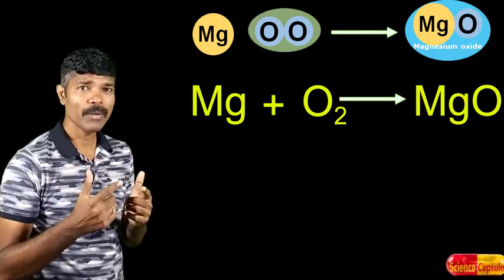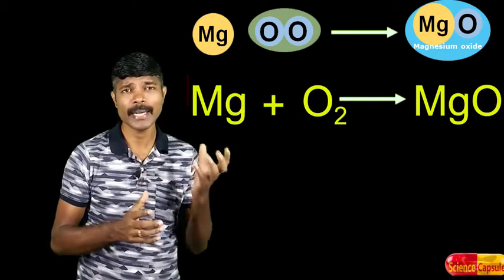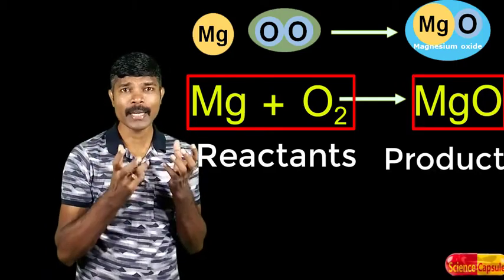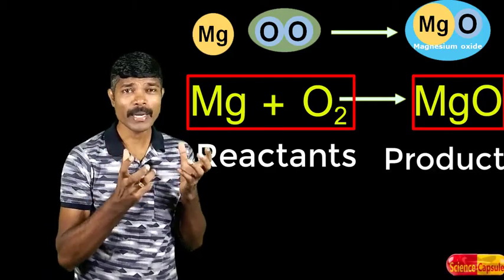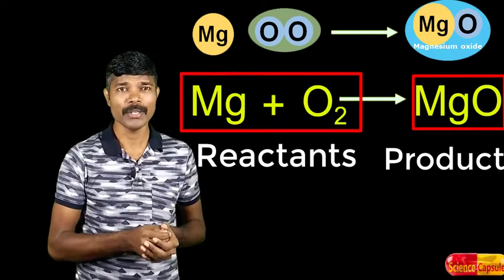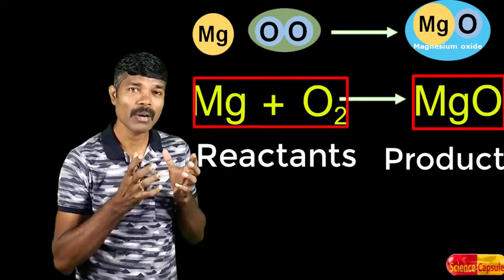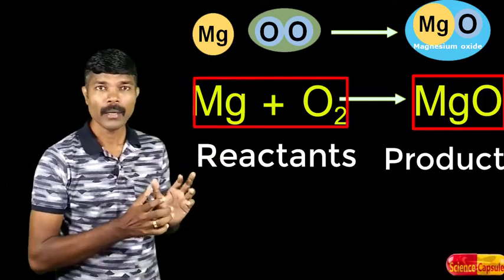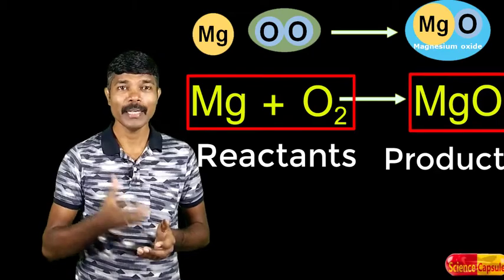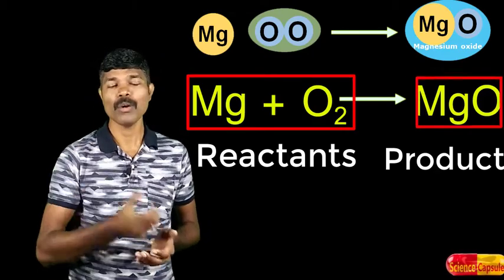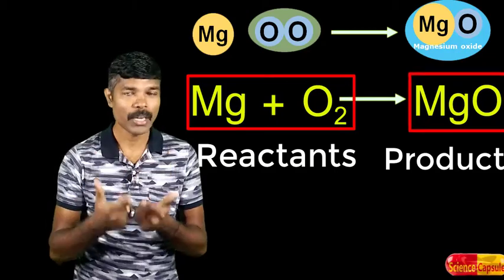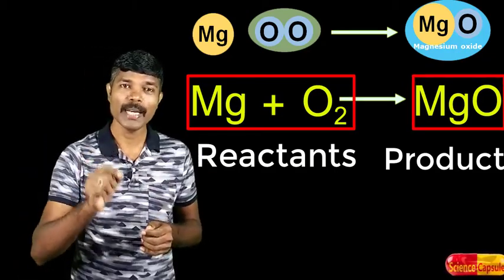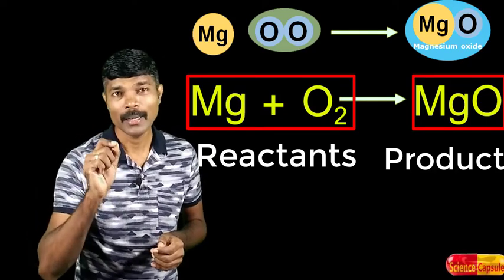In a chemical equation, there are two parts. One is the reactant side and another one is the product side. Whatever reactants are taking part, or whatever constituent elements undergo a chemical change, those constituent elements or compounds are written on the left hand side, as you can see here. And on the right hand side, you have to write the chemical substance, the new substance that has formed during a chemical change. And in between you can see an arrow. The arrow shows the direction of the chemical reaction.